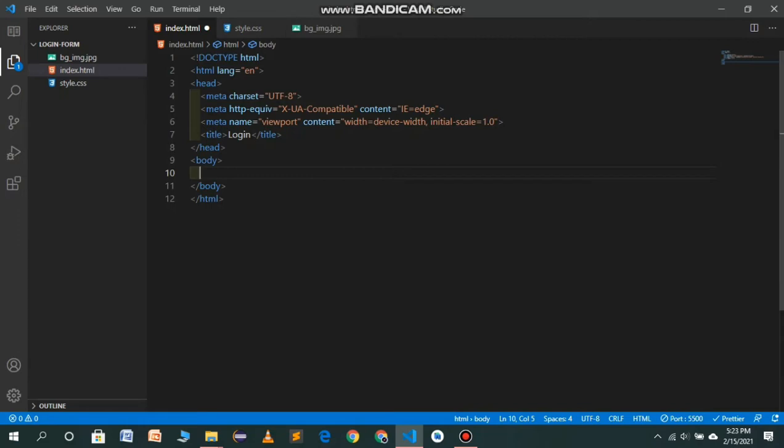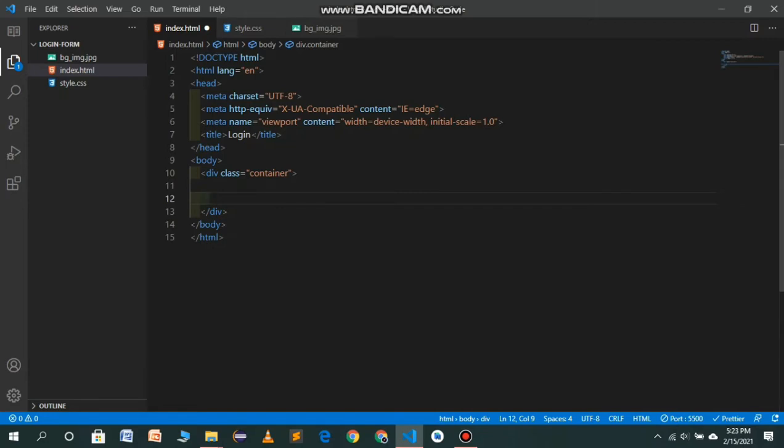So first of all, I will create a container that will hold our inputs, like a username, password, and our sign up button. In this container, all our inputs and other HTML tags will be present.